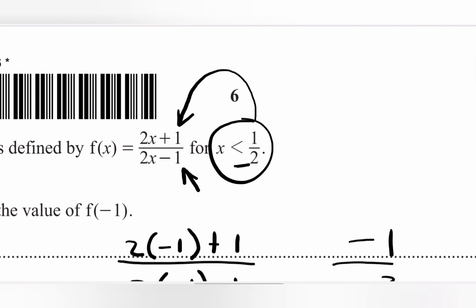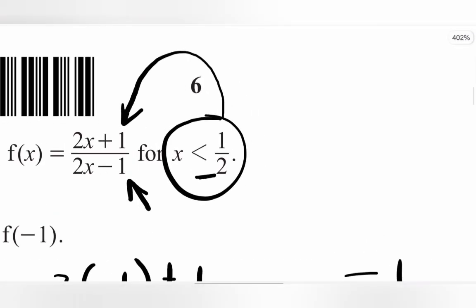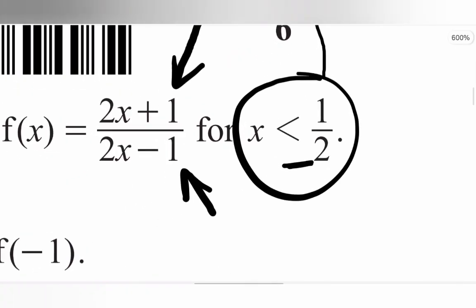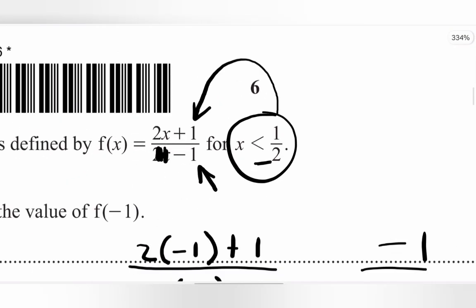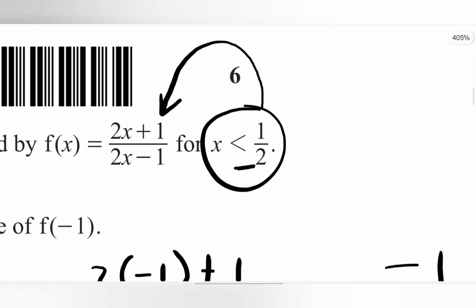Because like I said, the range of f of x is the domain of its inverse. So if we substitute half as it is there, here we'll get 1. And 1 minus 1, you get 0. And that won't do us any good. So we're going to start by substituting values from